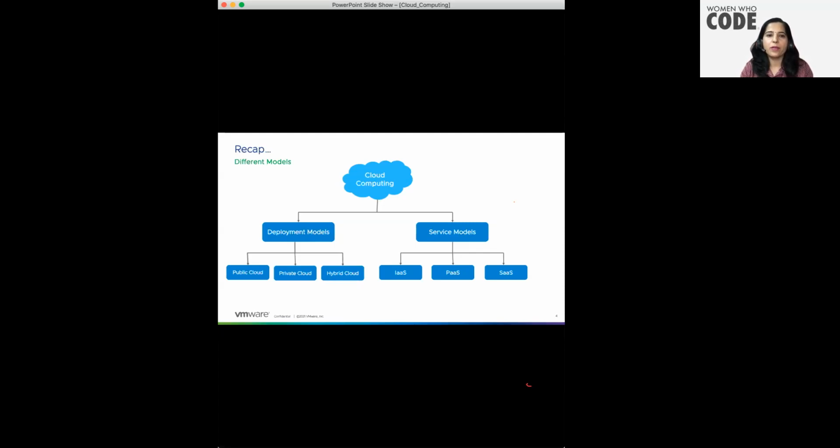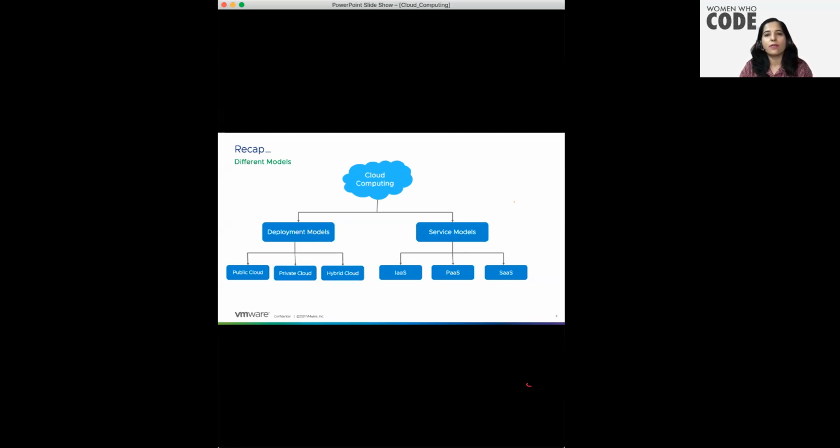So let's go to the second type now, the private cloud. In a private cloud, cloud computing resources are used exclusively by a single business or organization. In this case, resources can also be physically located in the company's on-prem data center. So all the resources are there on-prem. So the customer has more control over the resources.